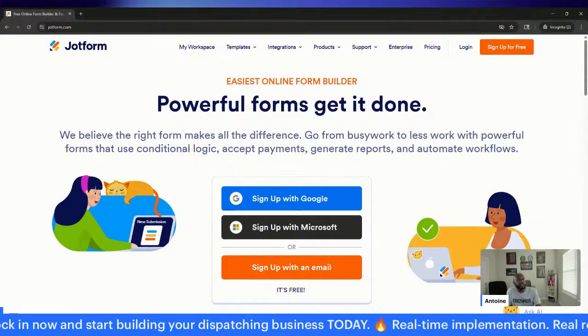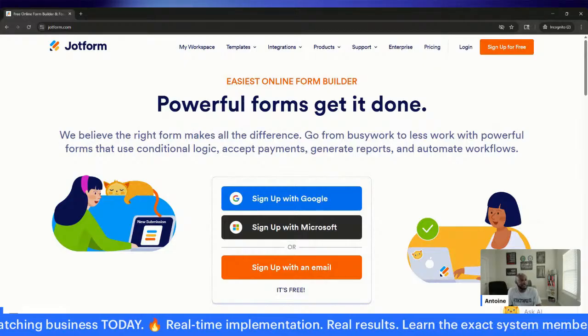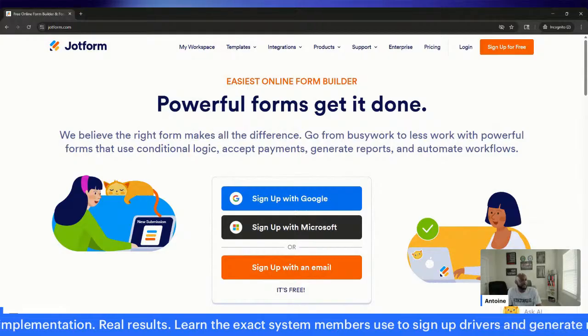Thank you guys for being in the live tonight. Make sure you make your own freight dispatch agreement using ChatGPT. Then head over to jotform.com so you can create an electronic version